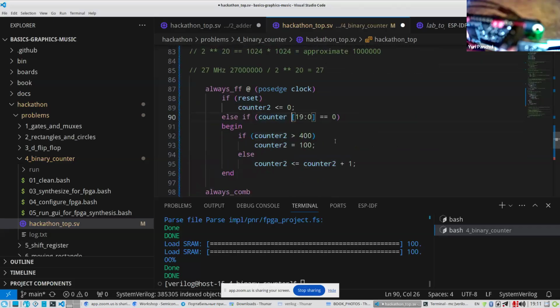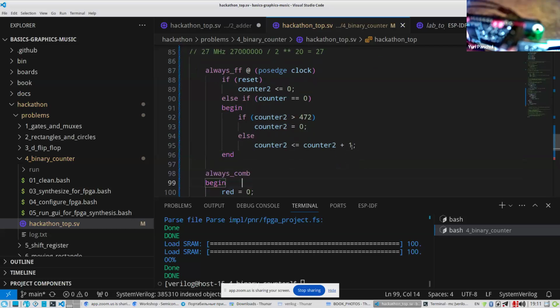And if the first counter becomes 0, then the second counter, if it goes beyond the screen, should go back to 0. So this is 272, because this is the size of our screen.